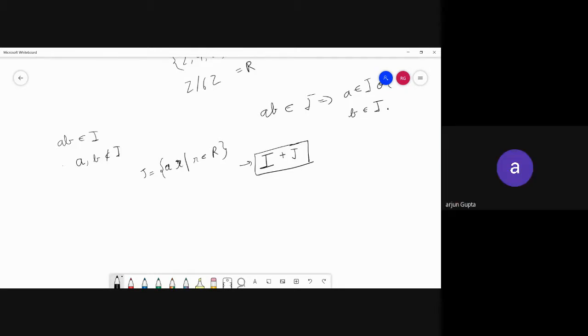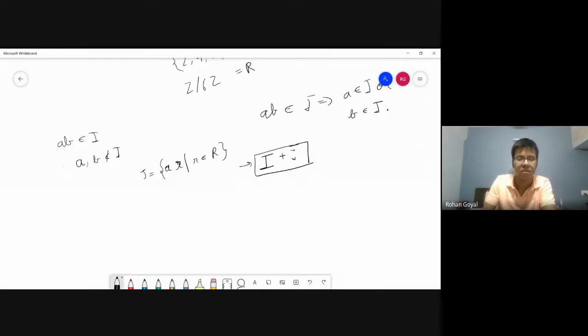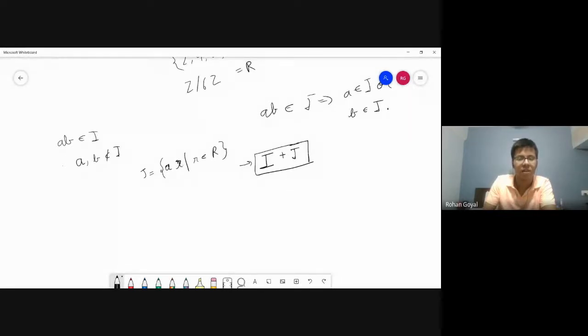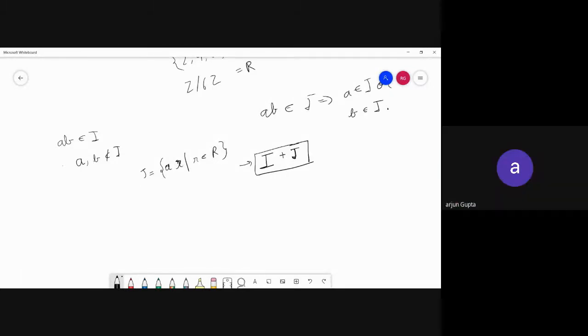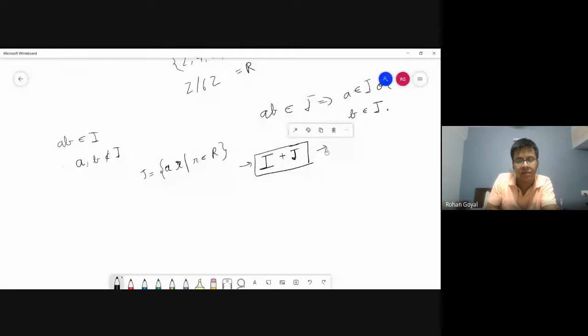Why does it include I? Like, is zero in R? 0 is in J, right? Because it's an additive group, 0 has to be in R. Every ring contains the additive identity. Yes, so I plus J contains I, and it must be equal to R